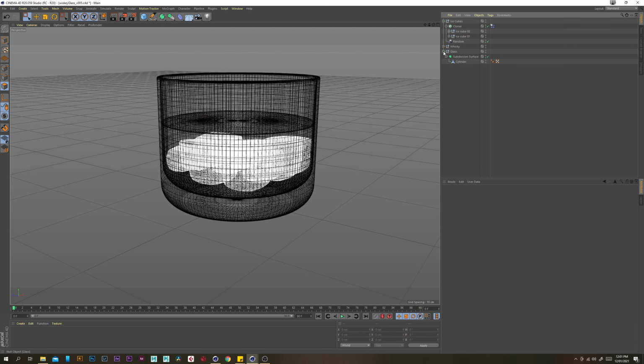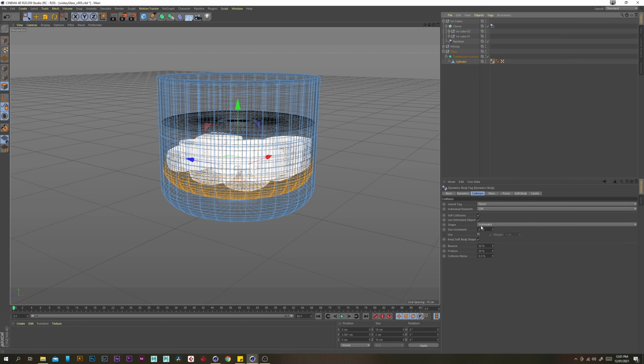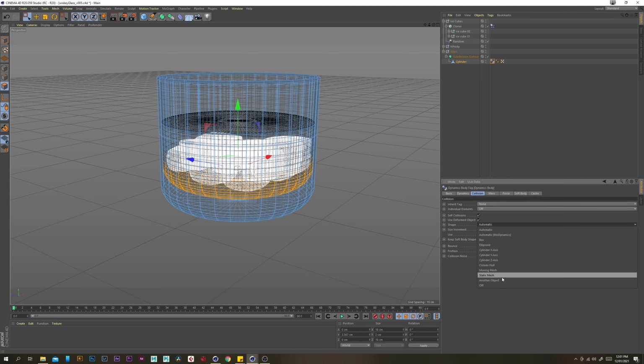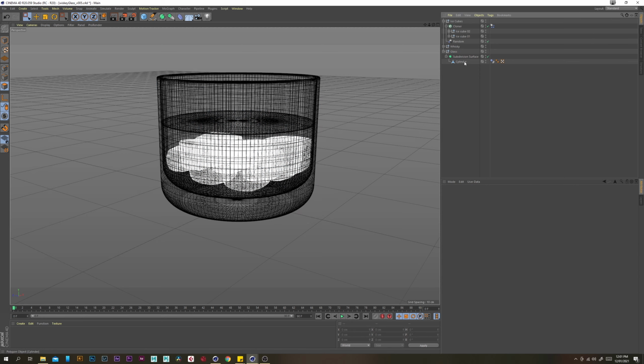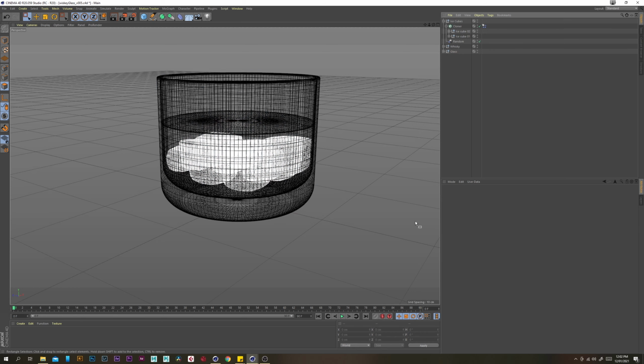And then if we expand our glass group here, right click the cylinder, go to simulation tags again and go collider body. And then under shape, change it from automatic to static mesh. That way it's just going to be using the mesh of our cylinder to collide to. Nice. So if we've done that correctly, go back to the first frame and press play, and the cubes should